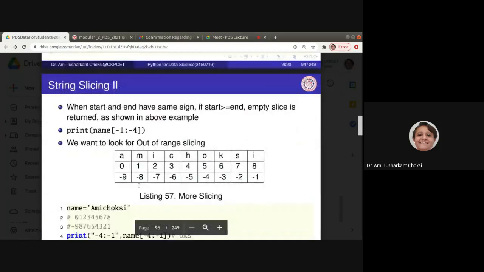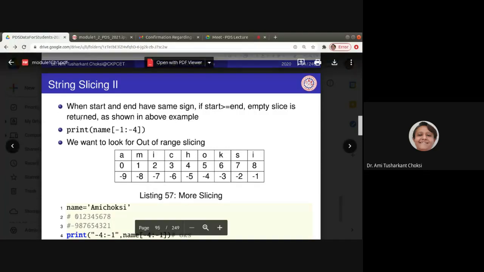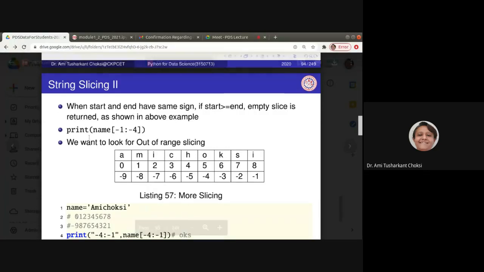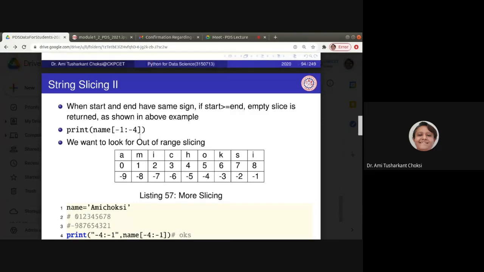Fine. Now, when start and end have the same sign, and if start is greater than or equal to end, an empty slice is returned. Let's say that we do have print name -1 colon -4.